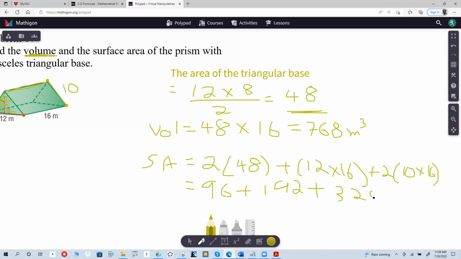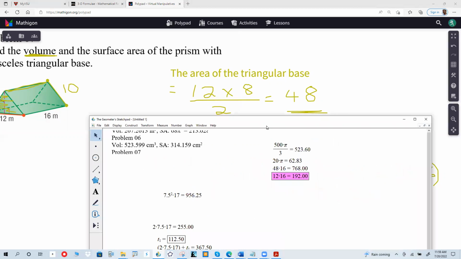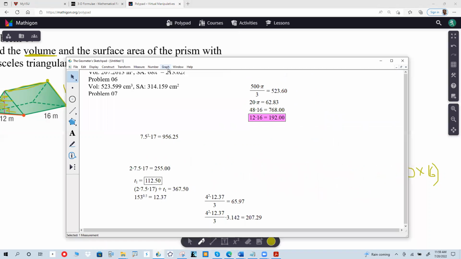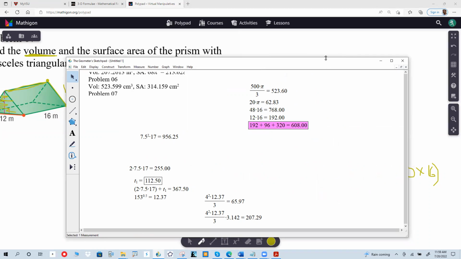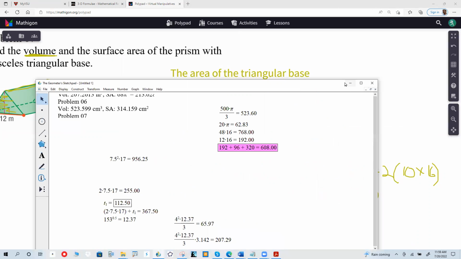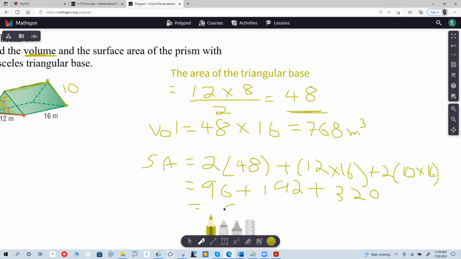And now I have to carefully add them all up, and that should be my surface area. 192 plus 96 plus 320. I'm getting 608